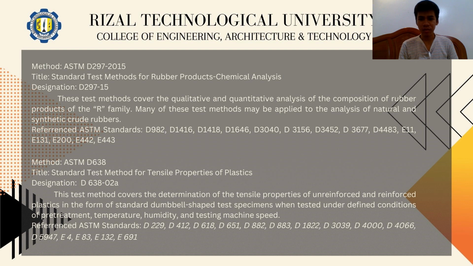General test methods shall be performed to determine the amount or type of some or all of the major constituents of a rubber product, and all include determination of rubber polymer content by the indirect method, determination of density, and extract, sulfur, fillers, and ash analysis. Specific test methods, on the other hand, shall be performed to determine specific rubber polymers present in a rubber product, such as crude, unvulcanized, reclaimed, and vulcanized rubbers.